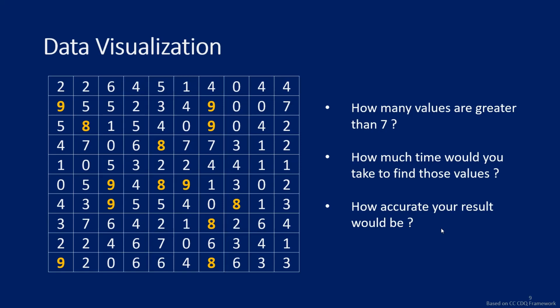It's about making your data stand out in such a way that the user doesn't have to read but understands the data visually. So when looking at these yellow highlighted numbers, you didn't have to think whether they are greater than 7 or not, because you know they were highlighted because they are greater than 7. Earlier, when it was not highlighted, you had to do two things. One, understand the number and see whether it is more than 7 or not. And then you also have to count it. So two tasks. Here you just have to count the yellow numbers.